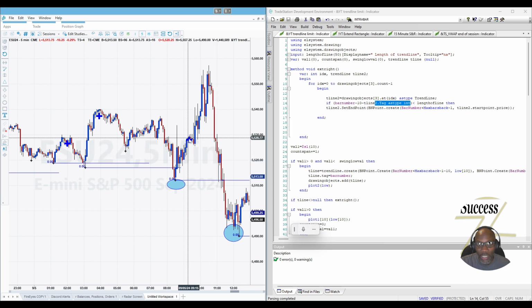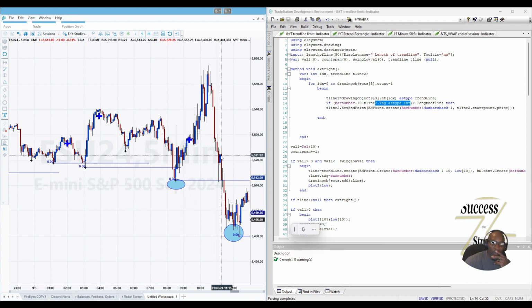This is a shorter distance than from here to here. So you actually have to add this 10 back. But so when you're doing the bar number minus that bar,